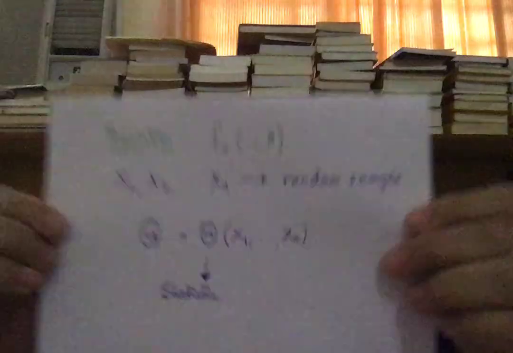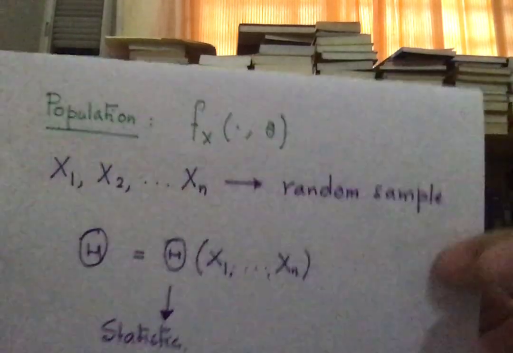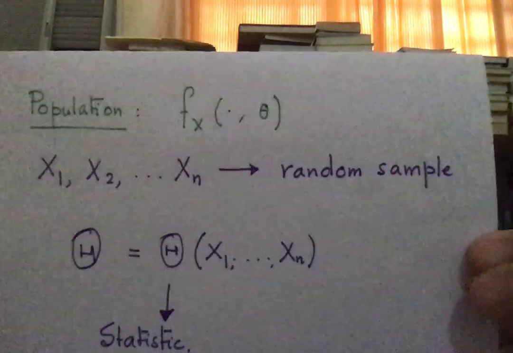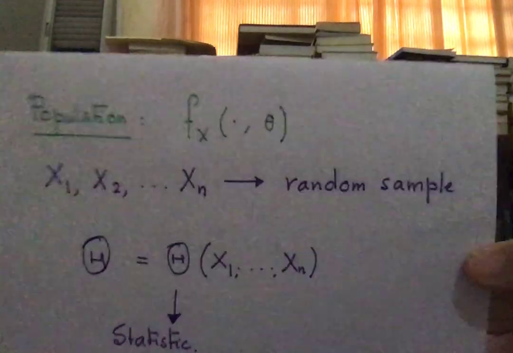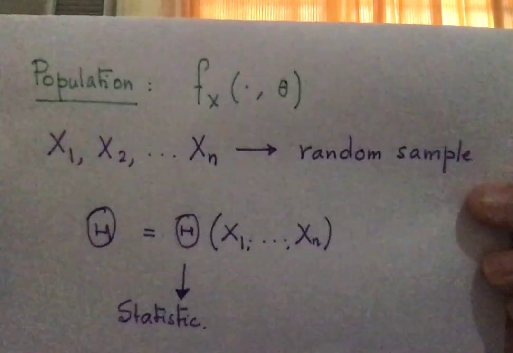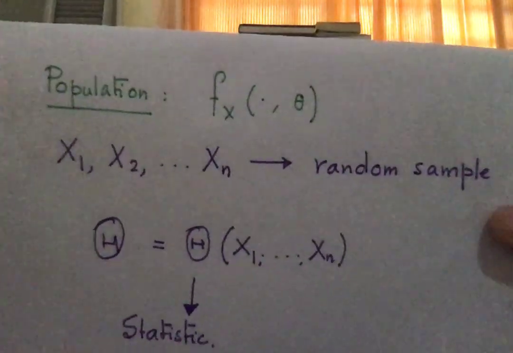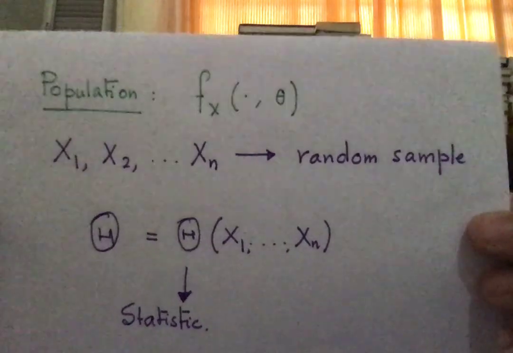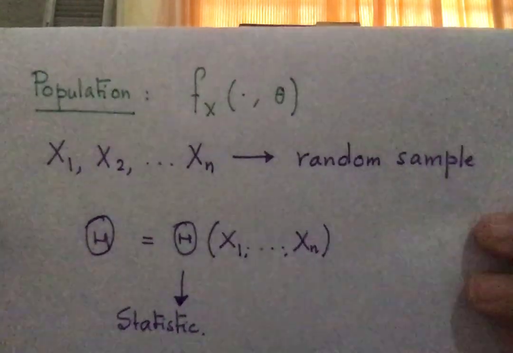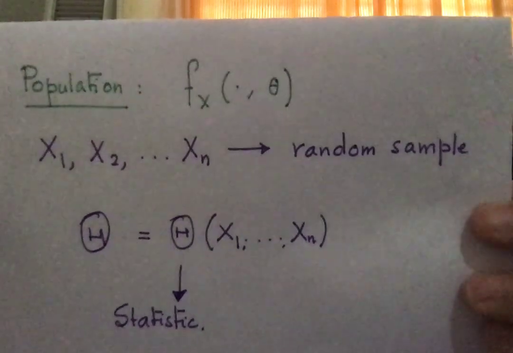Our basic structure always remains the same: here is the population, which is given by f(x; theta). Theta could be a vector, could be real, it doesn't matter. We will take it as real valued for the moment, just one parameter. So there is a population described by a PDF. It could be described by a PMF, but I am not going to bother about PMF at this moment. And then, as always, we will take a sample of size n. n could be anything, 20, 30, 40, 50, 100, 2000, it doesn't matter. So it's a sample of size n.